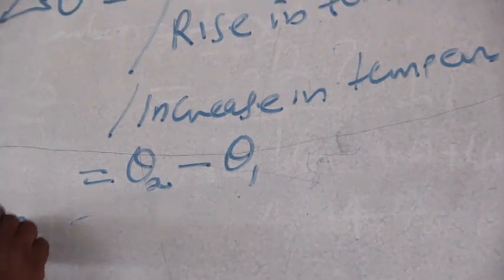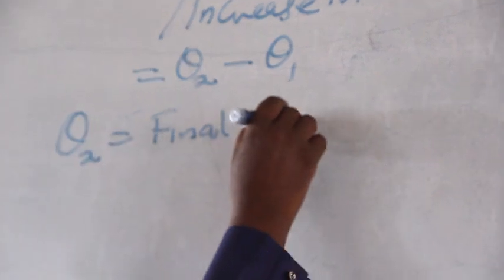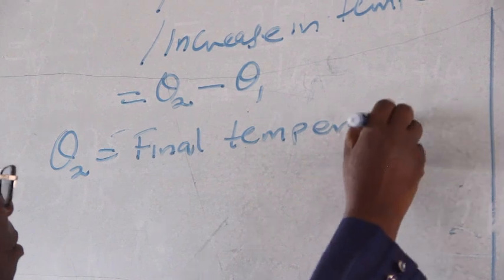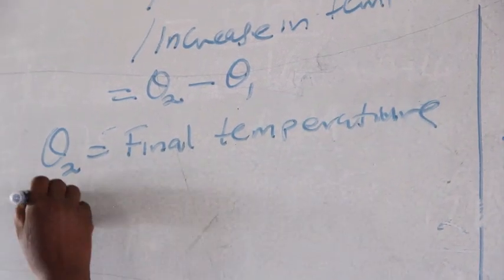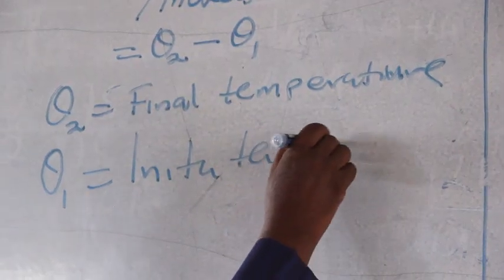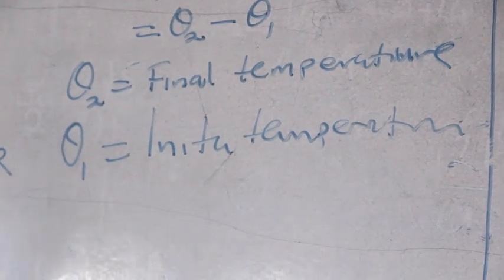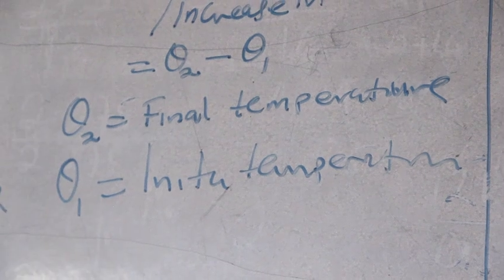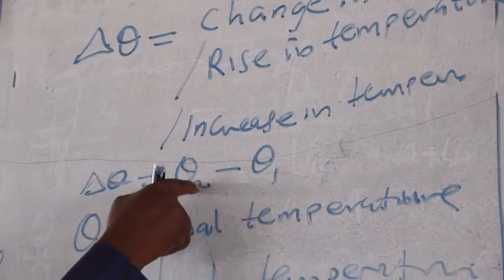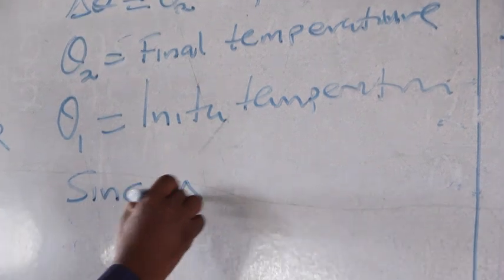Theta 2 here stands for final temperature. Then theta 1 is initial temperature. Now, just like I said earlier, since delta theta is this,